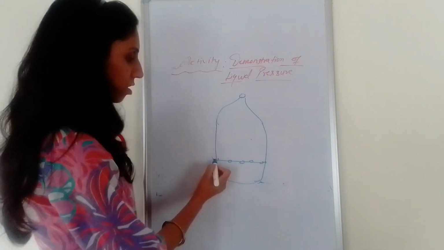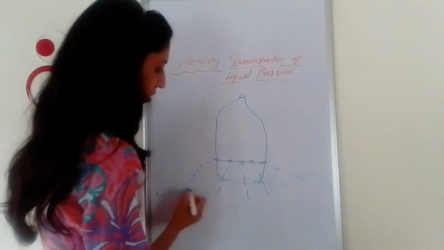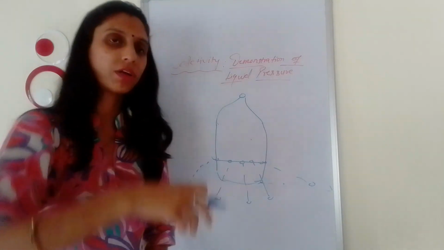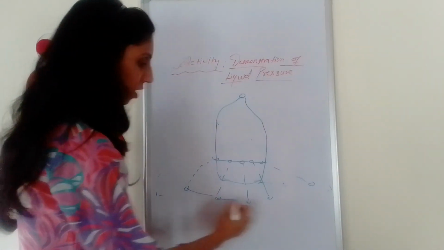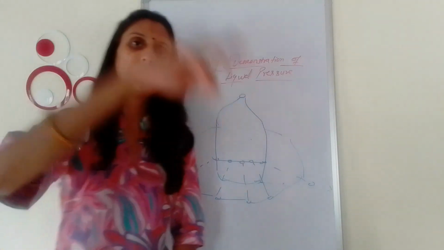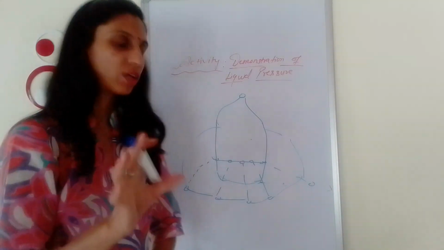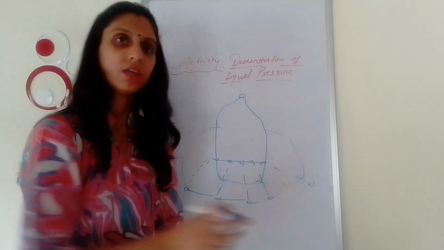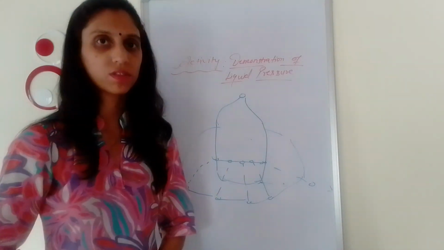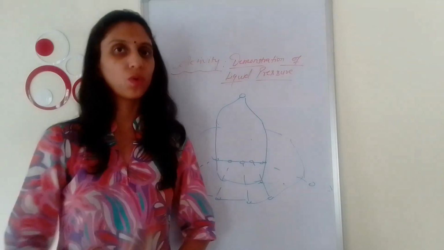Now observe the water that will fall down. What will you observe? Later on, where the water droplets fall down, join these marks in this way. So what you will observe, a complete circle will be formed on the ground. Hence we can conclude that the liquid pressure exerted at any point will be the same in all the directions. Okay, so do this activity, and it is compulsory for you all.